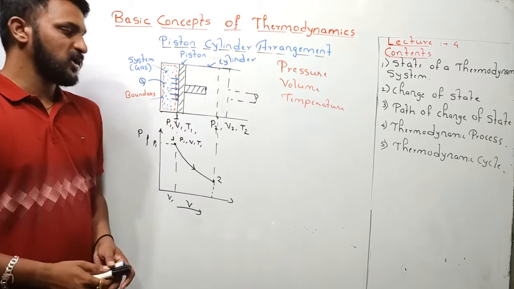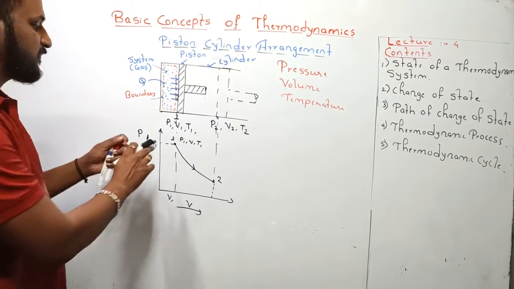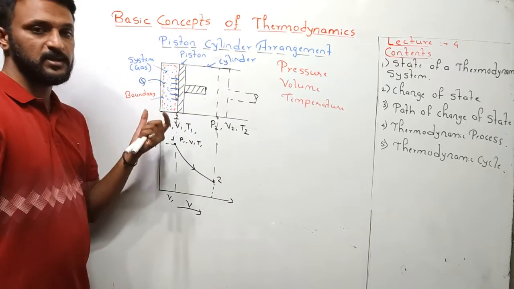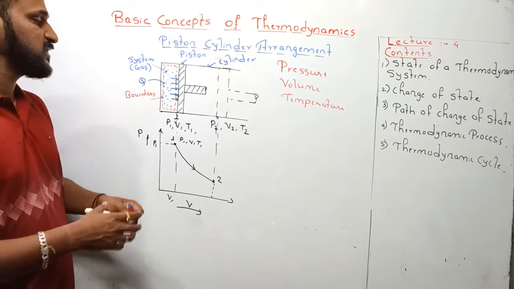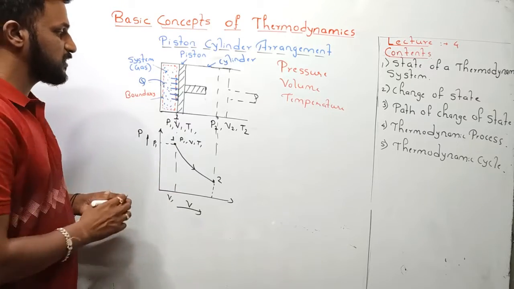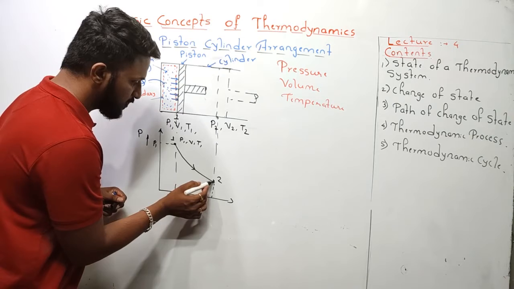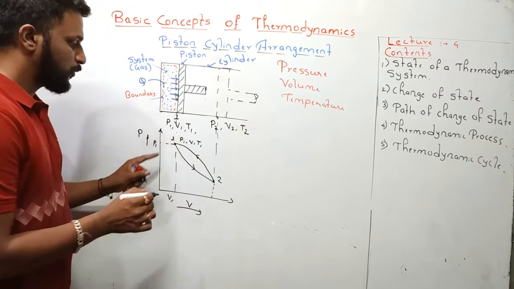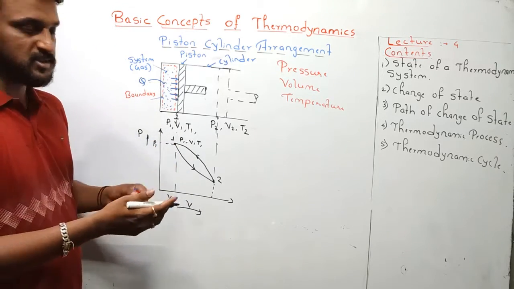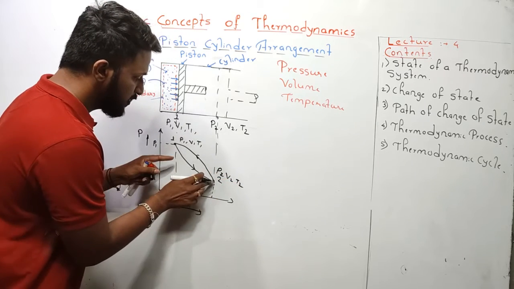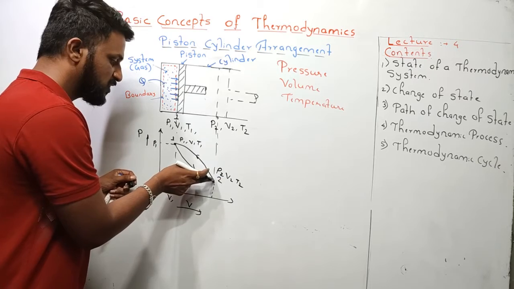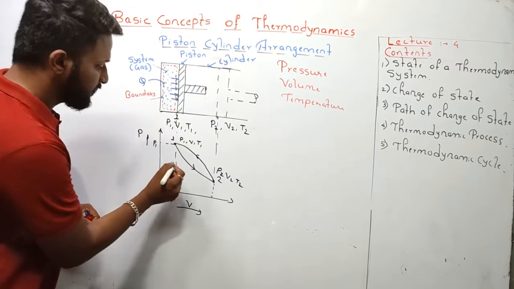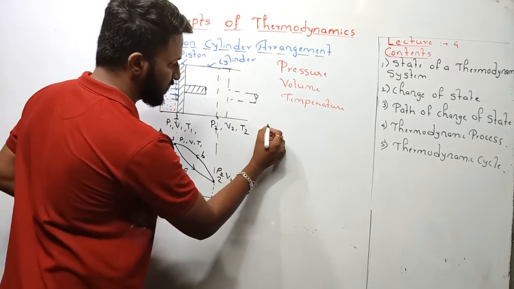Heat. Now what is a thermodynamic cycle? Take the same example. In this case, the system is changing from state 1 to state 2. This is happening because you are supplying heat to the gas. Now if I remove the heat, meaning if I cool down the gas, it will start returning back to its original state and it will reach point 1. Now when it reaches point 1, it gets the initial conditions, right? Here it was P2, V2, T2, but due to this process, the properties changed again to P1, V1, T1 from P2, V2, T2. Now if you observe this, two processes are involved, that is, process one is the expansion process,